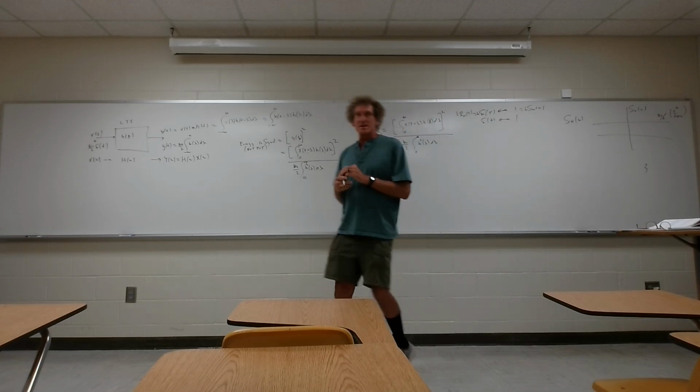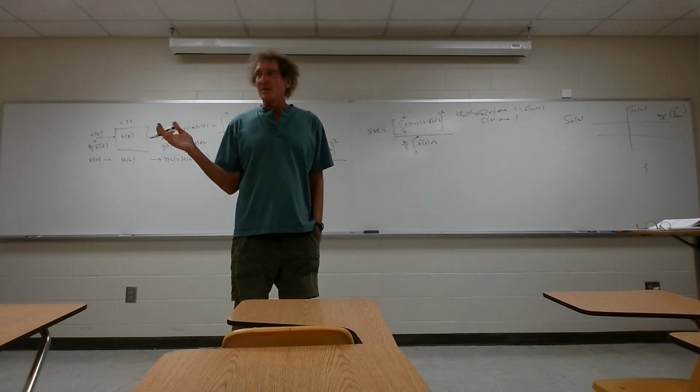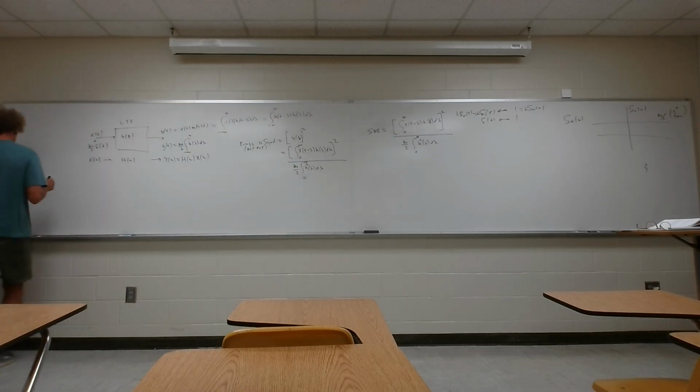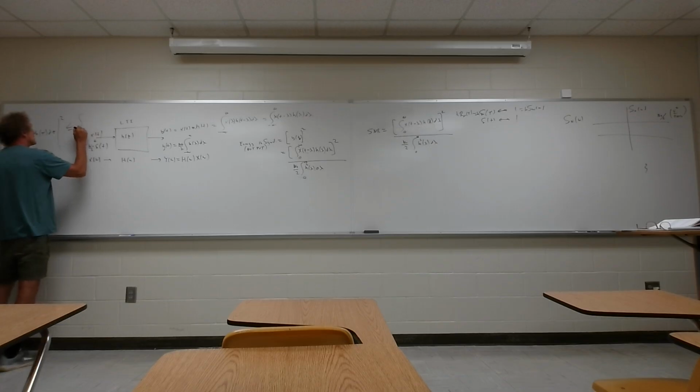How many have heard of the Schwartz inequality here? Anybody? You have? I don't know if you remember it, but the Schwartz inequality says this in a nutshell. If you have an integral of, call it, x of tau times h of tau d tau, going from A to B, and it's squared, this right here will be less than or equal to